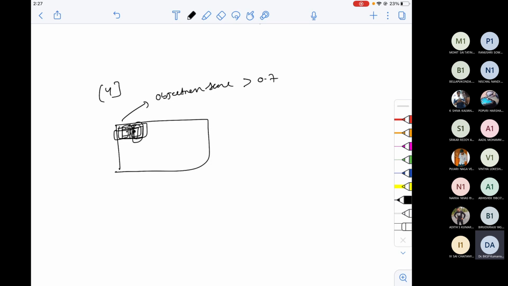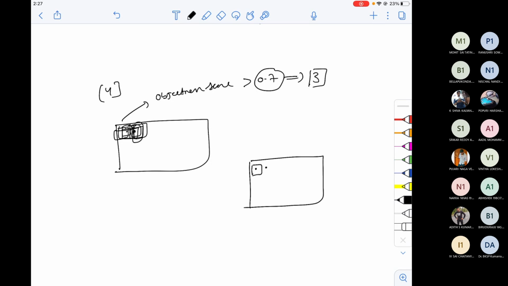Assume that only 3 boxes satisfy this constraint, and the remaining 5 boxes did not satisfy, so you'll remove them. Again, the 3 boxes are something like this. It's difficult to interpret, but 3 boxes are there.